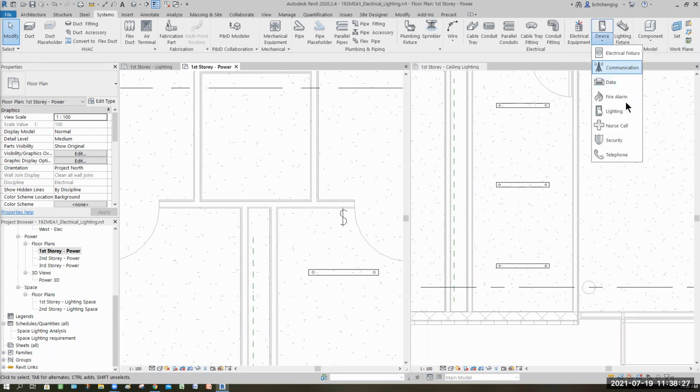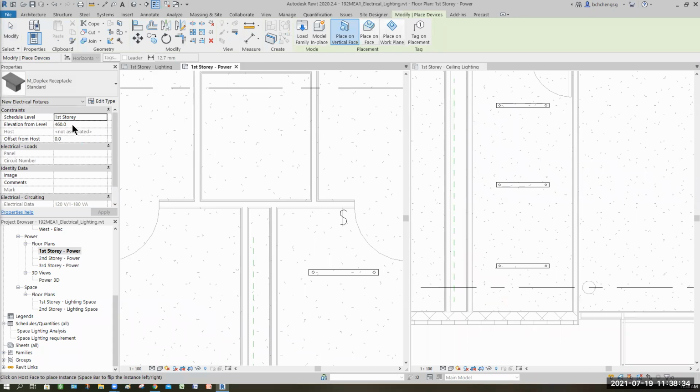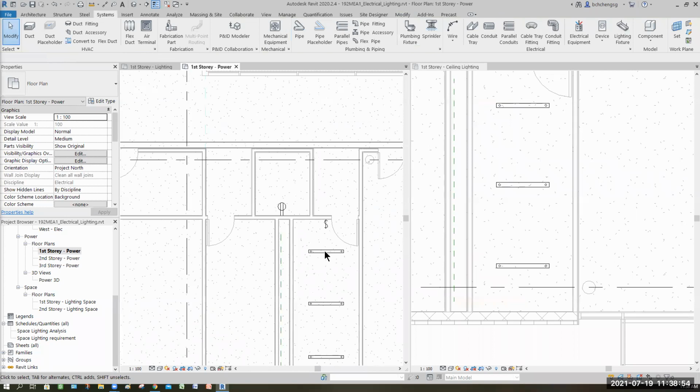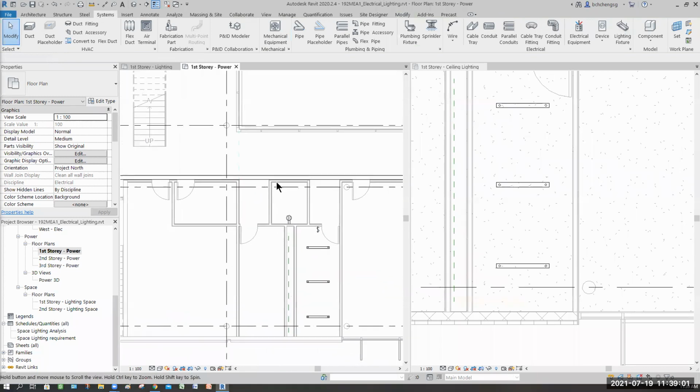This is supposed to be your electrical fixture. 460 is too low already. This one should be at least at 1.2 or 1.5. Okay, so I'll put one here, somewhere in the center. All right. So remember to control your visibility. That means power, you don't see all these, right? But the power source